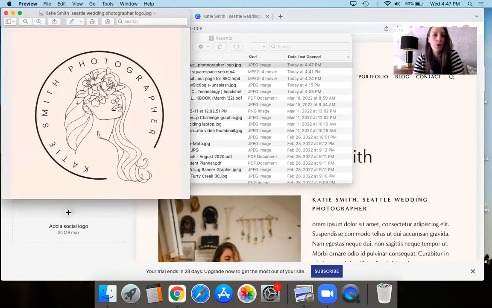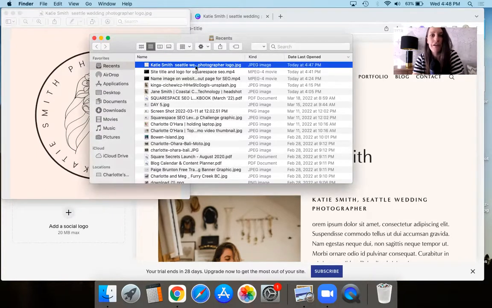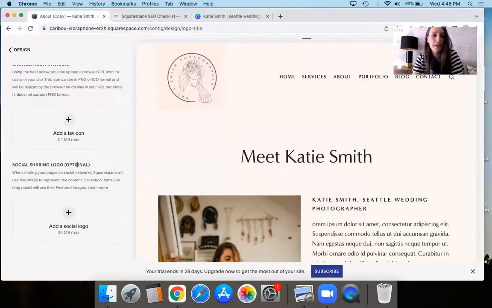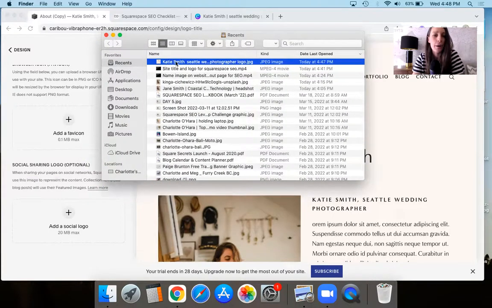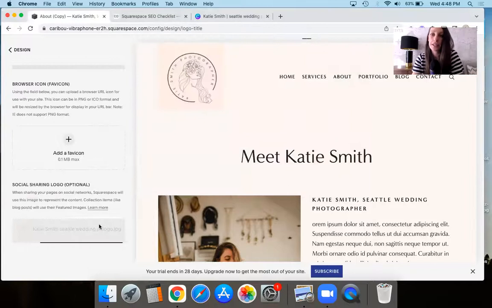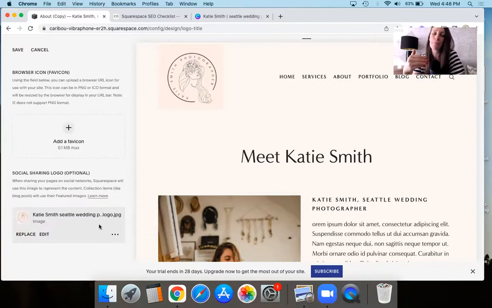So let's say we're going to upload the logo here, Katie Smith Photography, and you see here that I've named the physical file name, the file name that I'm going to be uploading from my computer into this field. Do you see how I've named it? Like Katie Smith, Seattle wedding photographer logo or whatever. Now, when I come up here and drag and drop that into place, not only is the logo going to be there, but we're also going to get the SEO benefit of having properly named that social